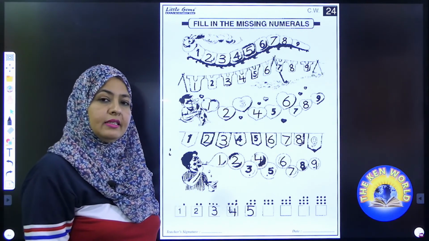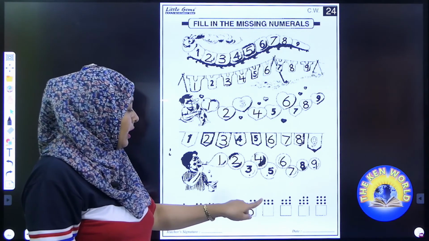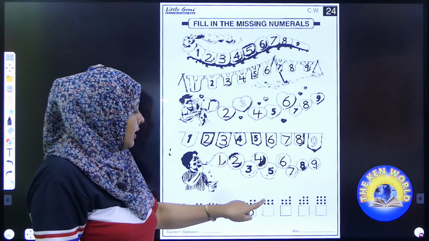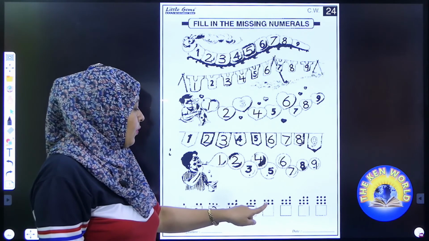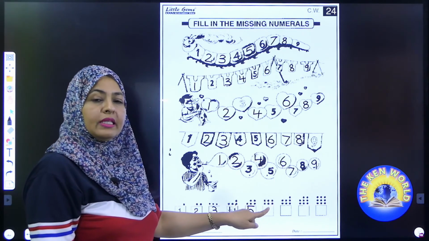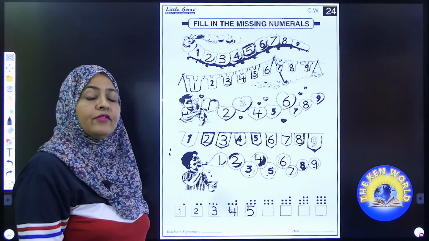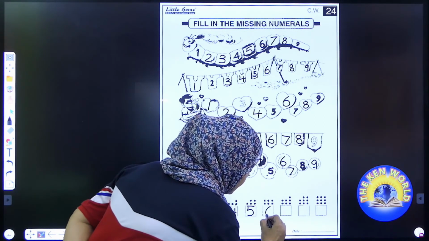Have you written? Now come to the next one. Now count the dots. 1, 2, 3, 4, 5, 6. Over this box we have 6 dots. So you have to write number 6.